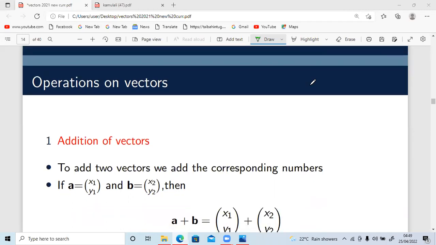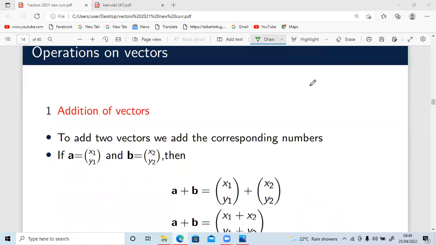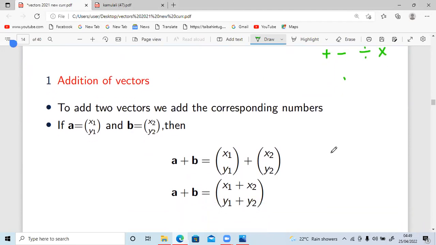Okay, so we can look at operations of vectors. Operations are the mathematical ones, and we have four of them: addition, subtraction, division, and multiplication. So what happens when you are adding vectors? Whenever you have any two given vectors and you are adding them, always add the corresponding components. Take an example. In case I have